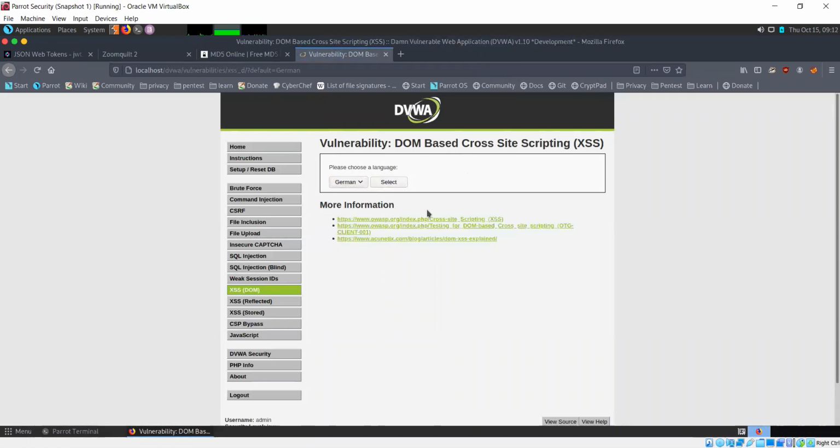It's not actually going to change anything, it's just for show. So when I select German, it changes to default equals German. Now in the URL, we have a parameter which we can try to modify, because there are no other input fields here. We'll have to work with this parameter.